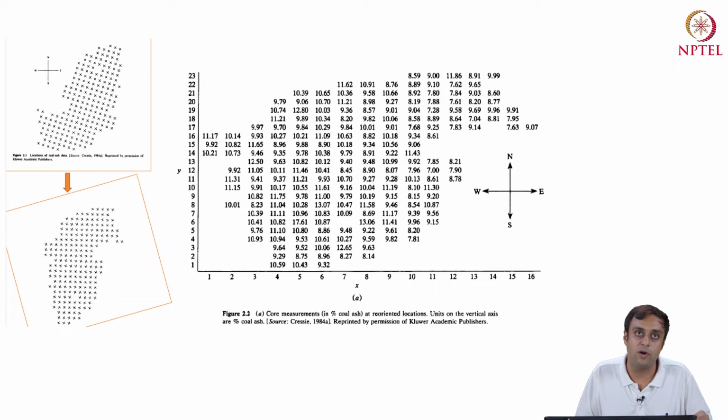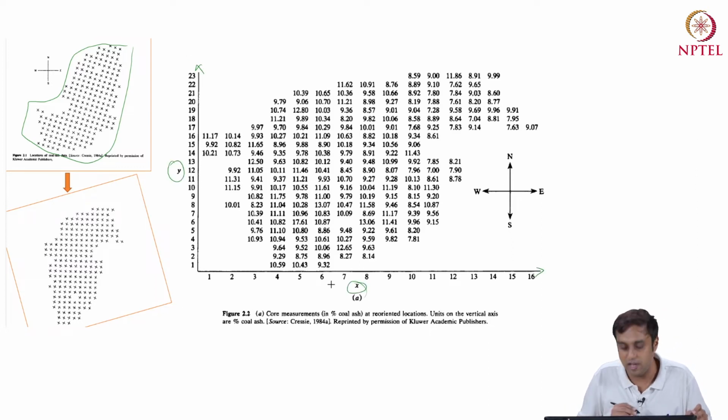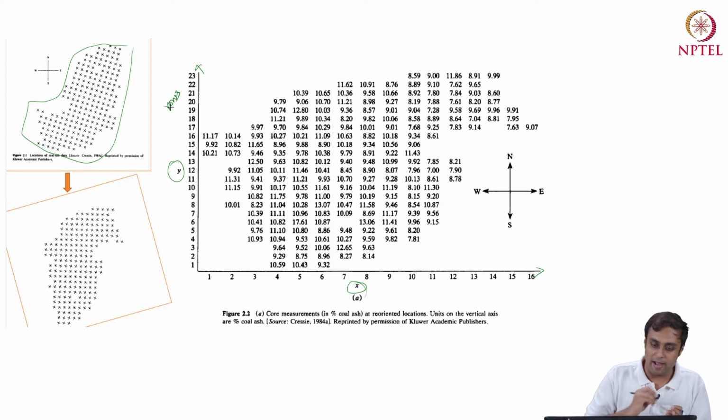So in the next step, what is being done is that the orientation in which the data were originally procured is reoriented in our typical row versus column or XY direction that we are very used to, right? When we study graphs, we are very used to the x-axis and the y-axis. So we reorient the original data set to be represented with rows along the y-axis and columns along the x-axis.